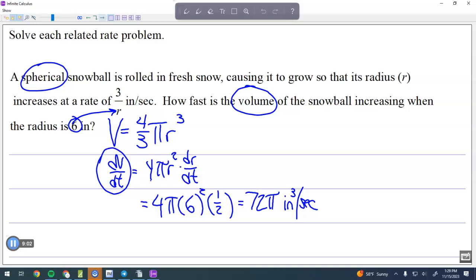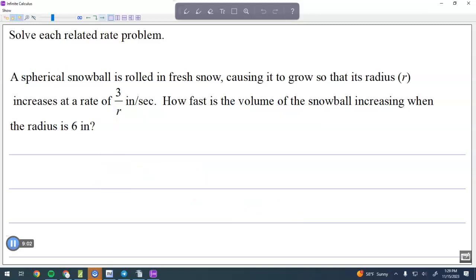How many had that before I got to it? Did I go too fast? Okay. Question on that one? Alright,